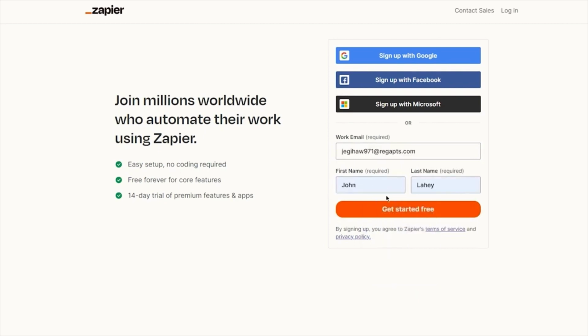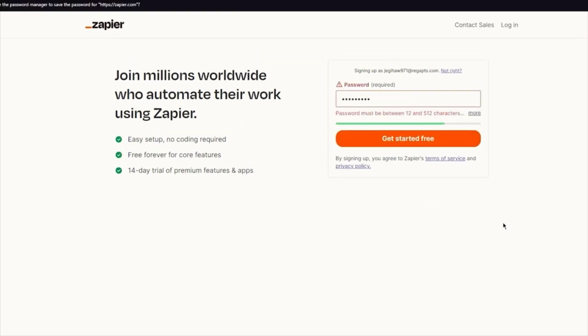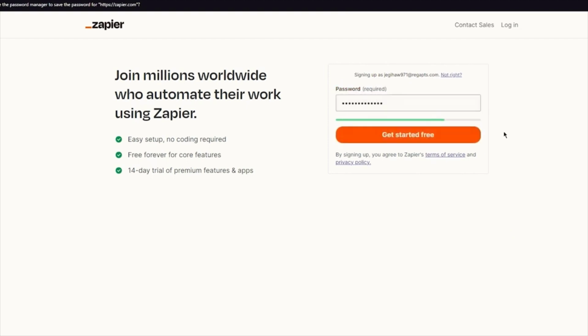So once you do that, you're going to add in your name and you're going to click on Get Started for free. Once you click on that, it's going to ask you your password and we're just going to enter that right in. And once we've entered our password, we're going to click on Get Started for free. So once we have done that, you're going to be taken into